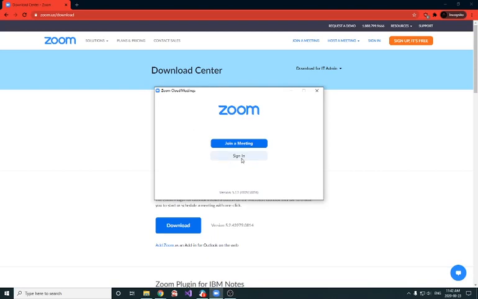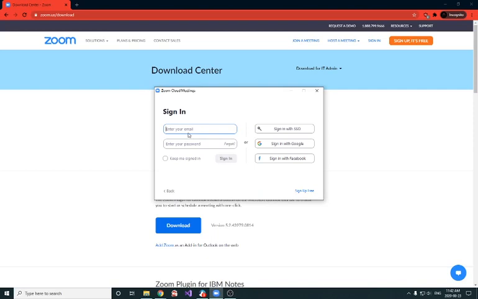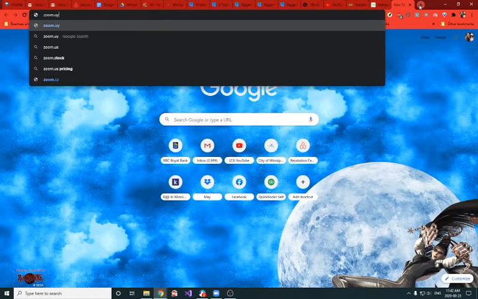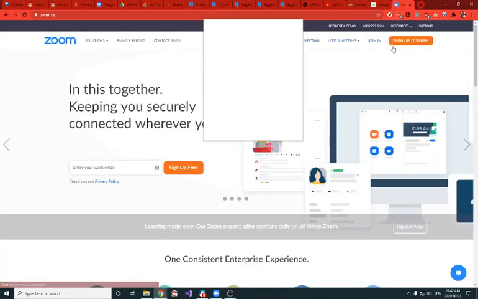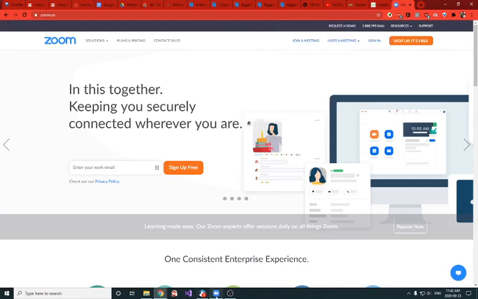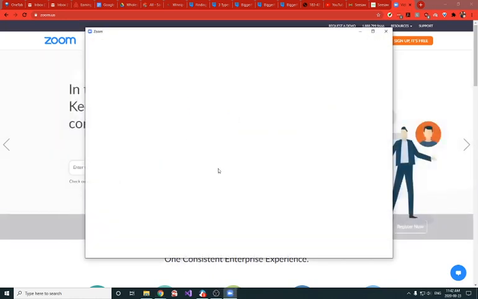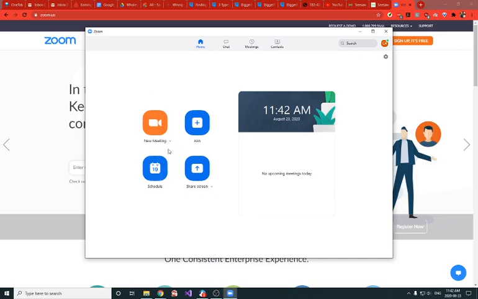So I am going to sign in right now, just to show us what it looks like once you've signed in. So that account you created, you would want to sign in. So I'm just going to get my password. 1 second. So you can also click this link to say keep me signed in, and that would help you just be signed in every time. So when you want to start a new meeting, typically you would just click new meeting,